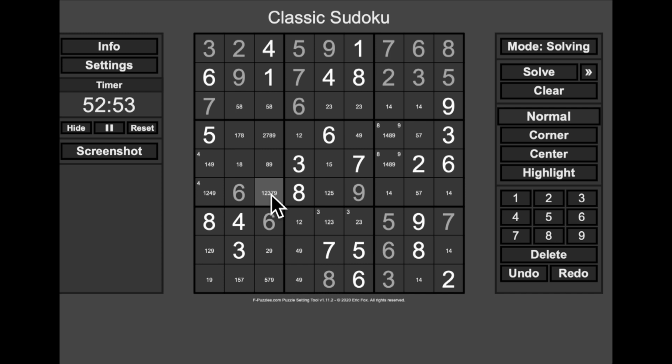So, that's not 9, and that's not 1, and that's not 9 or 1 because of the pair. So, this is 1 or 4, which means this can't be 4 either. Okay, that's 2. I think that means that's 4. If that's 2, this can't be 2, so